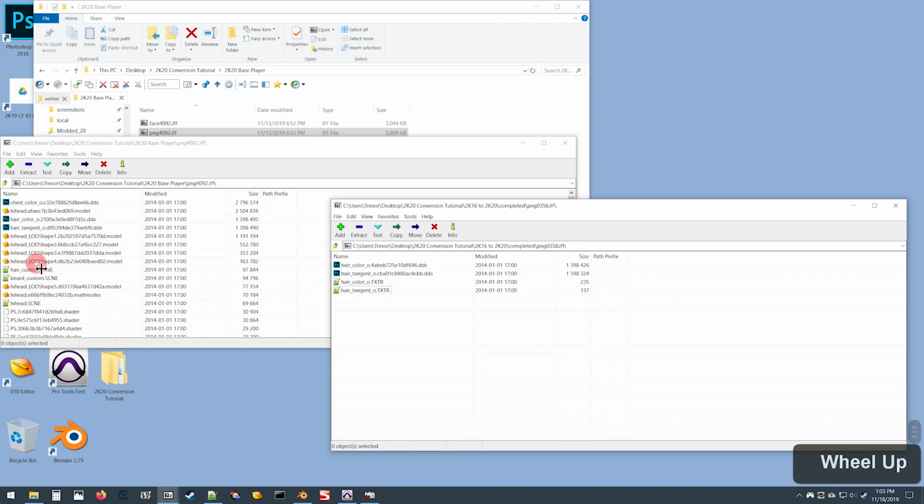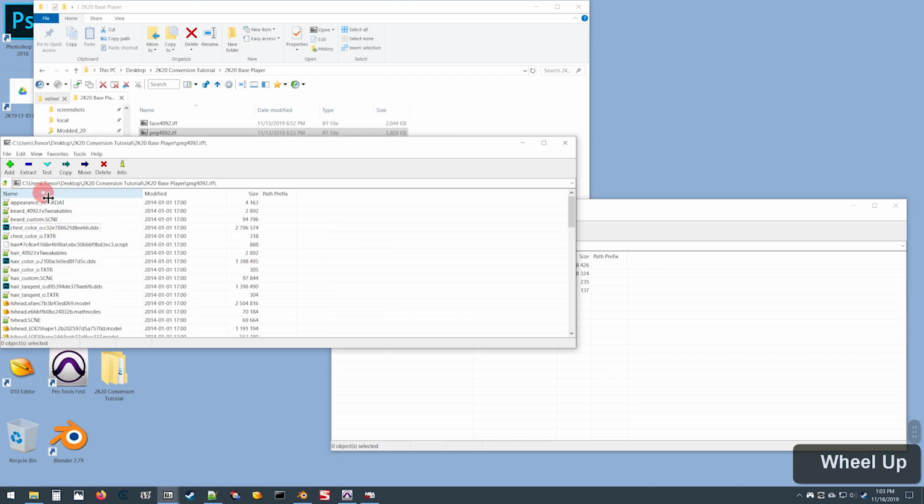You want to grab two things. You want to grab the math nodes file, whatever says hihead.something.math nodes. Click on that to highlight it, and then control click the appearance info file here. Drag those both in